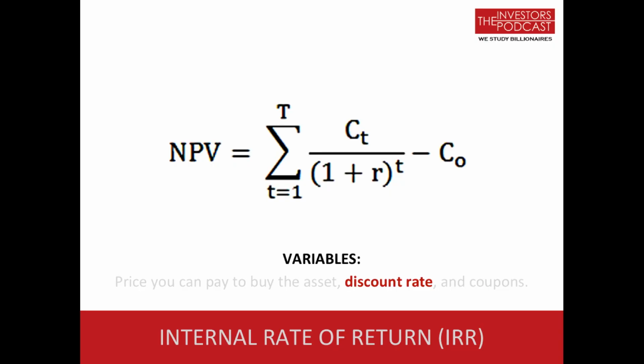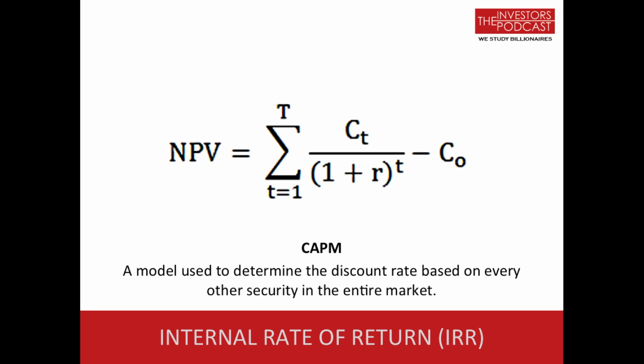So when we think about the discount rate, this is a really hard thing to determine. You don't know how much these other assets all across the market. Now, if you go to business school, they have this really complicated model called CAPM, where you're determining what the discount rate is based off of every other security in the entire market. And then it gets really confusing, and they're using various time frames, and they can basically manipulate what that discount